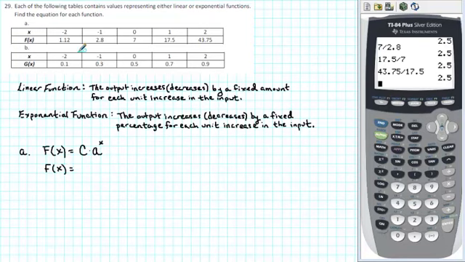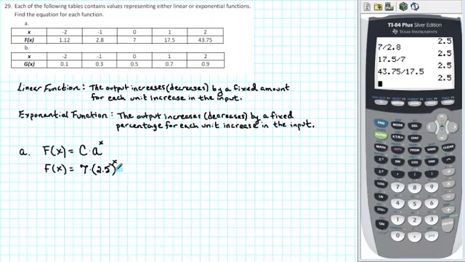For our initial value, we locate where x is 0. When x is 0, the output is 7. So 7 is the initial value. F of x is equal to 7 times our growth factor. Well, we've determined that our growth factor is 2.5. That's what we get when we divide consecutive outputs. So times 2.5